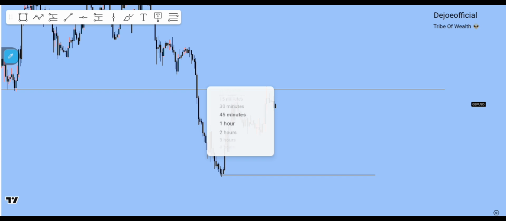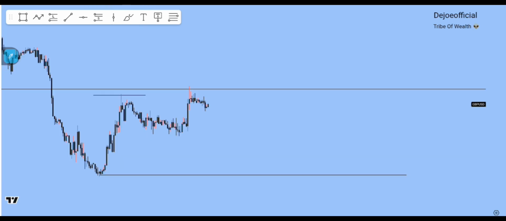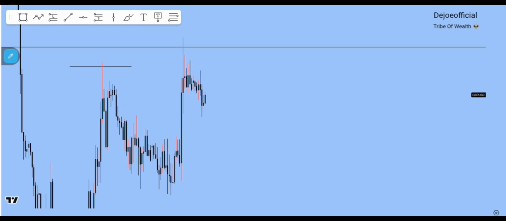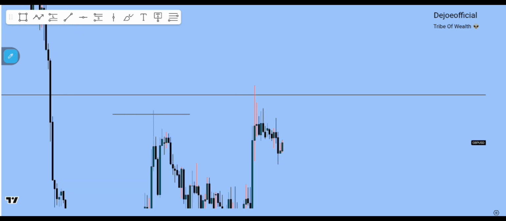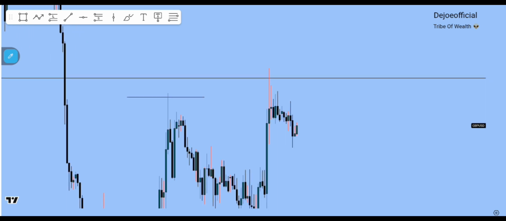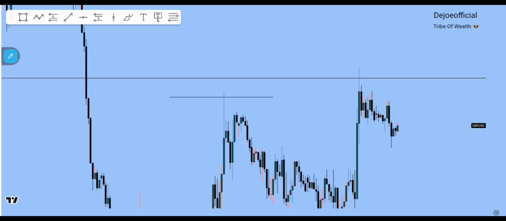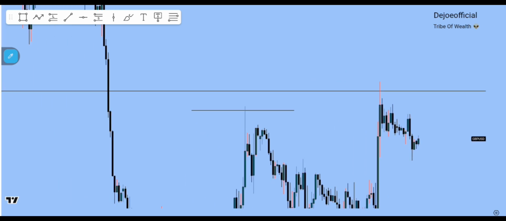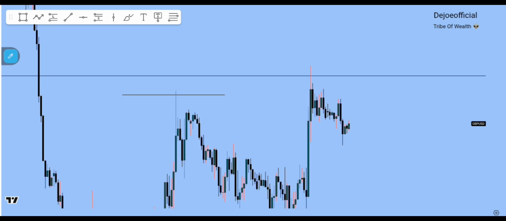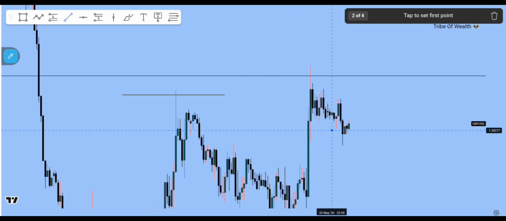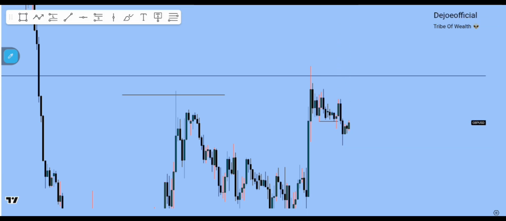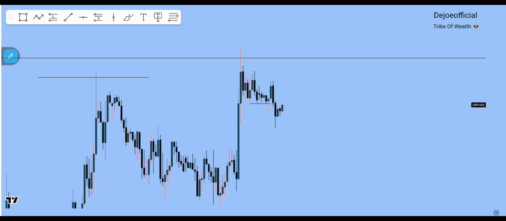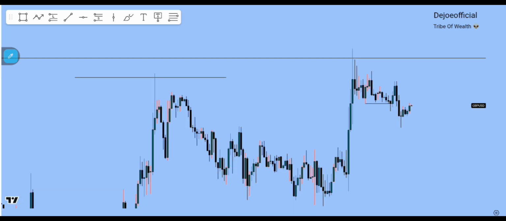So let me look at 1 hour first. Okay, on 1 hour there is no break, there is not a clear structure here. So I'll go down to 45 minutes. On 45 minutes, there is no valid break here. I may consider this as a low probability break. So I'll be going down to 15 minutes time frame, because I don't actually use 30 minutes time frame. It does not work for me. But let me check it. I don't use 30 minutes time frame for my analysis.